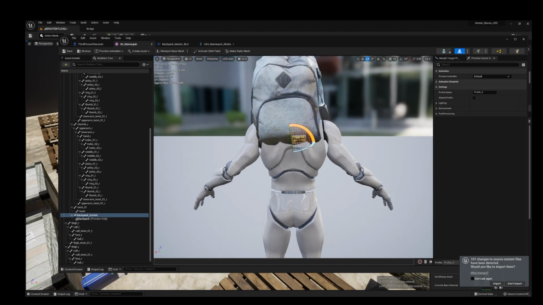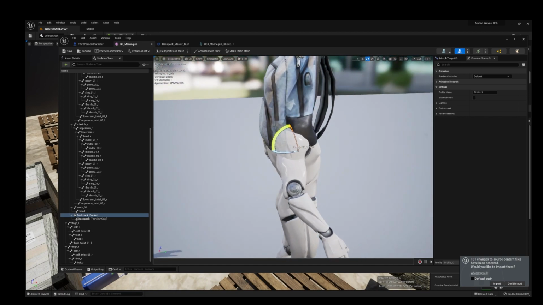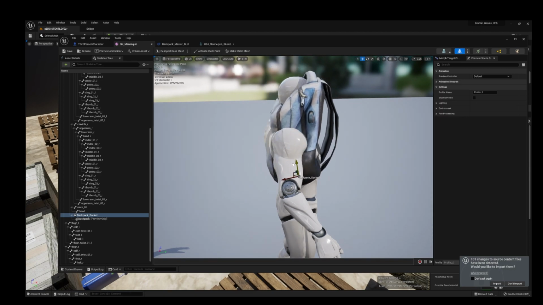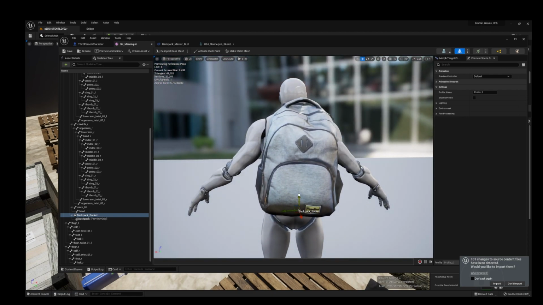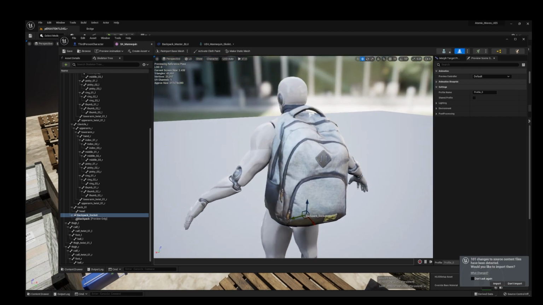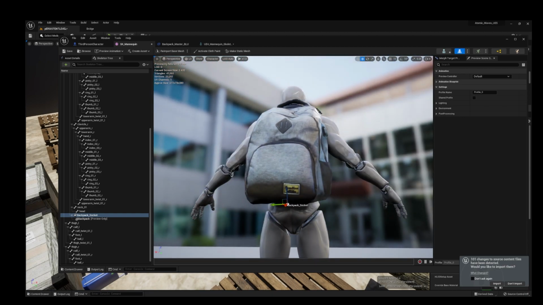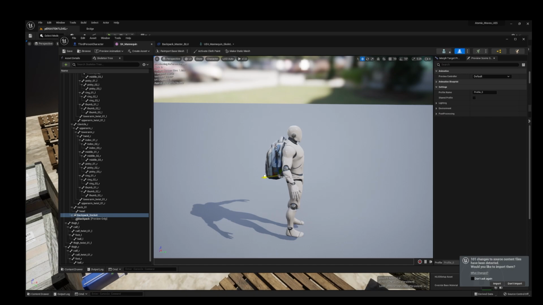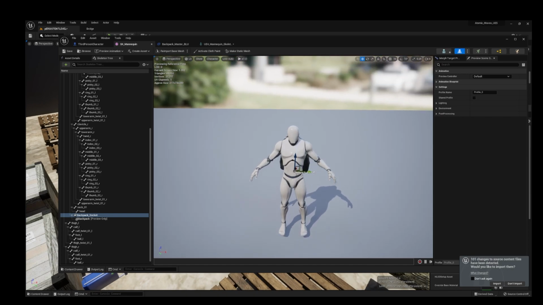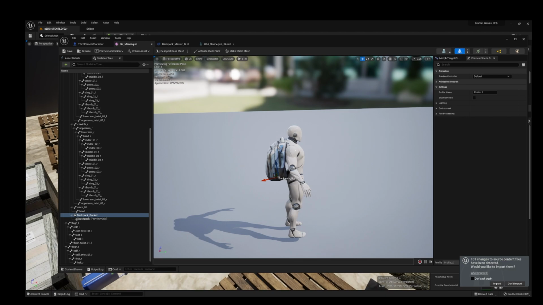I'm going to take off, actually. Okay, bring this down a little bit here. That looks pretty good. I like the look of that. That's looking pretty good for our tutorial. Let's bring it back a little bit here. Now the straps aren't exactly going to line up, but this is just for the sake of the tutorial. You have to adjust based on your mesh.